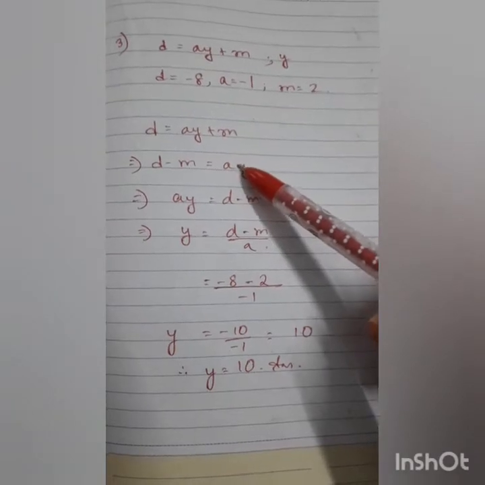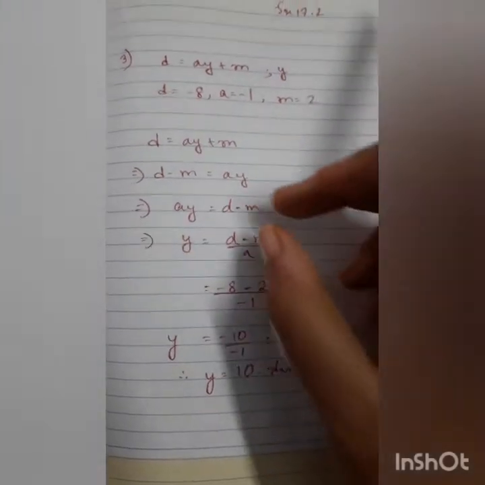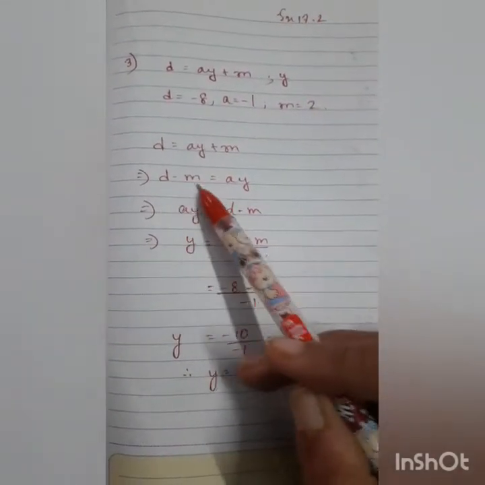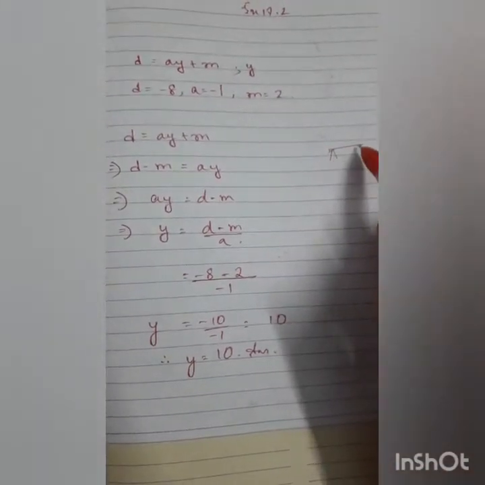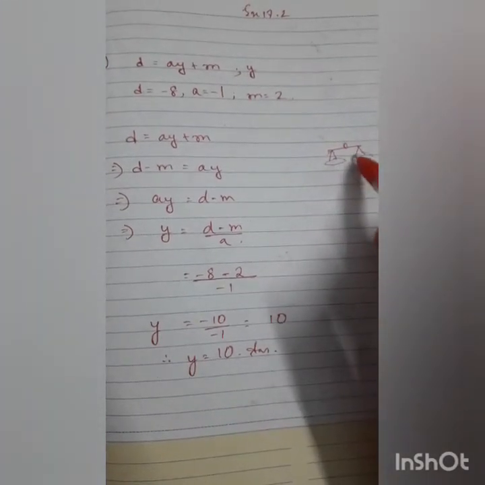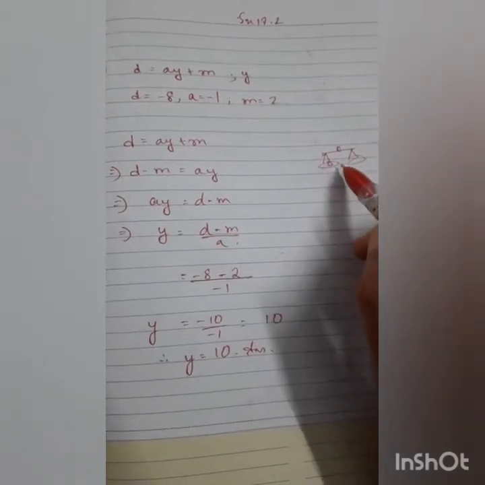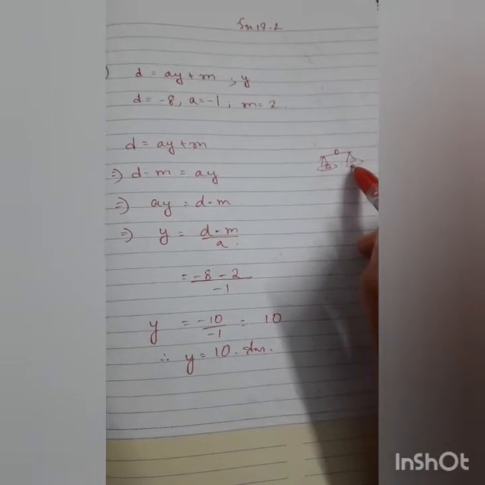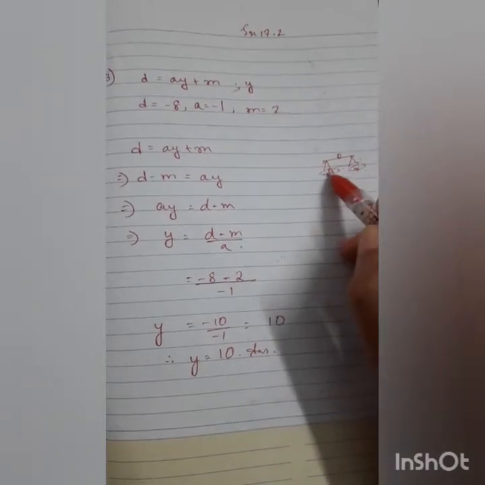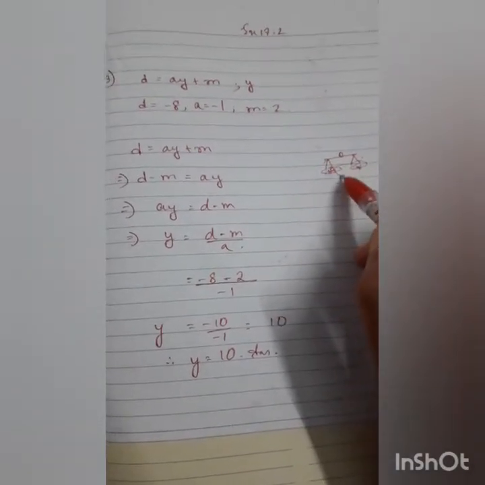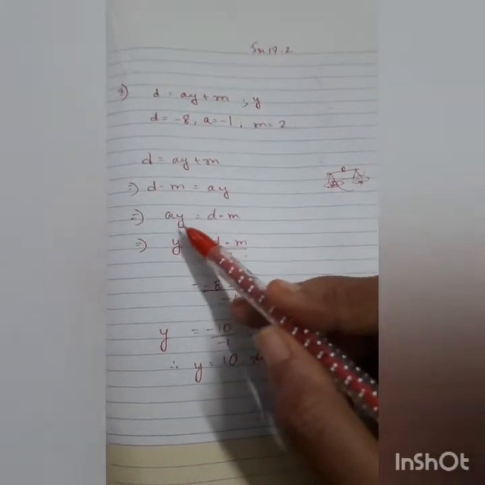Now since we have to remove everything which is attached to y, and a into y is there, I am just bringing this side to that side and that side to this side. It will remain the same, right? Because suppose in a weighing pan, there is a scale, and this side there is 8 kg, any kind of weight, and this side those items are there that are balancing this weight. Then if I just change the pans, everything is going to remain the same. So I have just moved the left hand side to the right hand side and the right hand side to the left hand side, so it will remain the same.